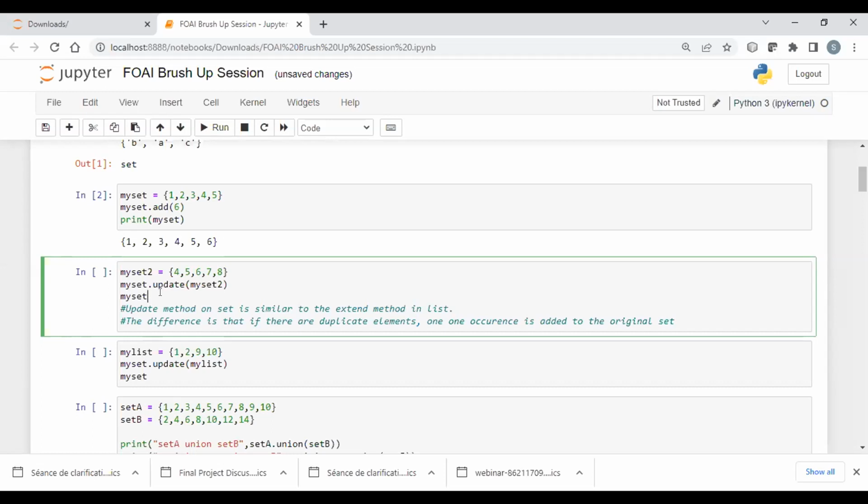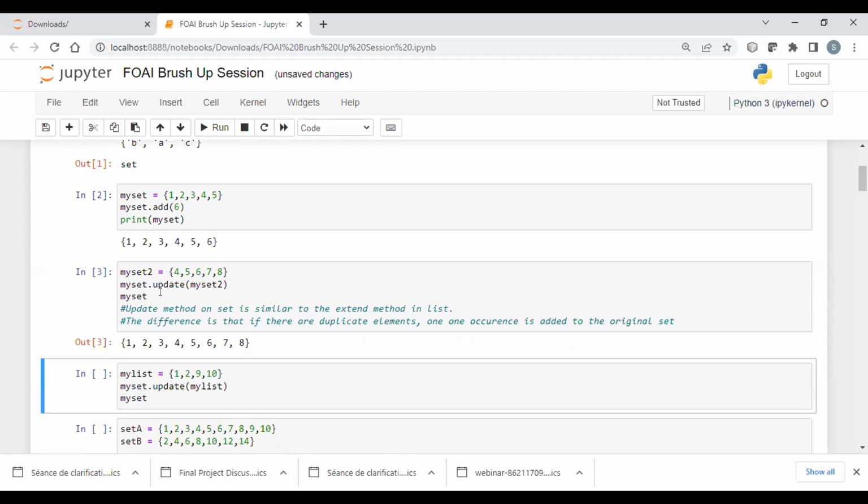All right, let us run this cell and see what will happen. You can see we already had mySet that was created. It had numbers from 1 to 6, and we had another set that had numbers from 4 to 8. So what it has done, it has combined both the sets, but it has removed the duplicates automatically.